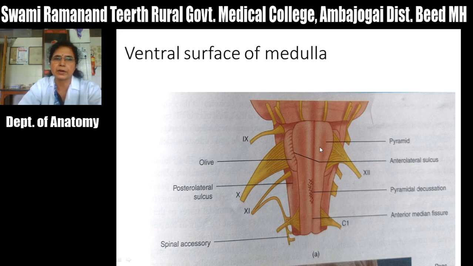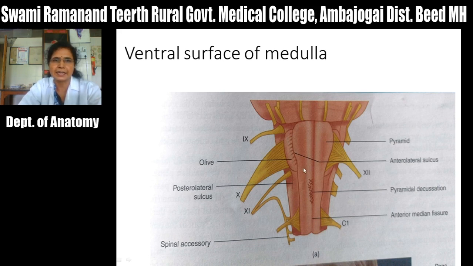And within the subarachnoid space anterior to this medulla, there lie two vertebral arteries which ascend upward on each side of the medulla. Other structures in the subarachnoid space posterior to the vertebral artery are the rootlets of the hypoglossal nerve, the first pair of ligamentum denticulatum and the spinal part of the accessory nerve. All these structures are present in the subarachnoid space posterior to the vertebral artery and anterior to the medulla.